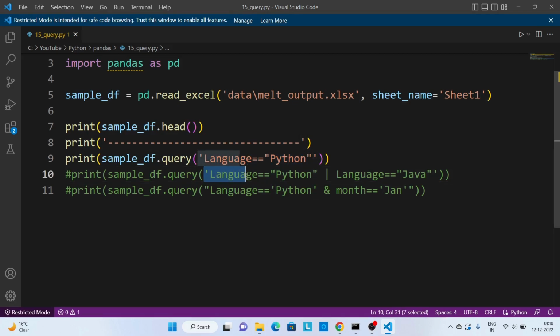In the second example, we are going to take all the records where language is Python or language is Java. And in the last part, we are going to take only those records where language is Python and month is January. So let's execute all these one by one.